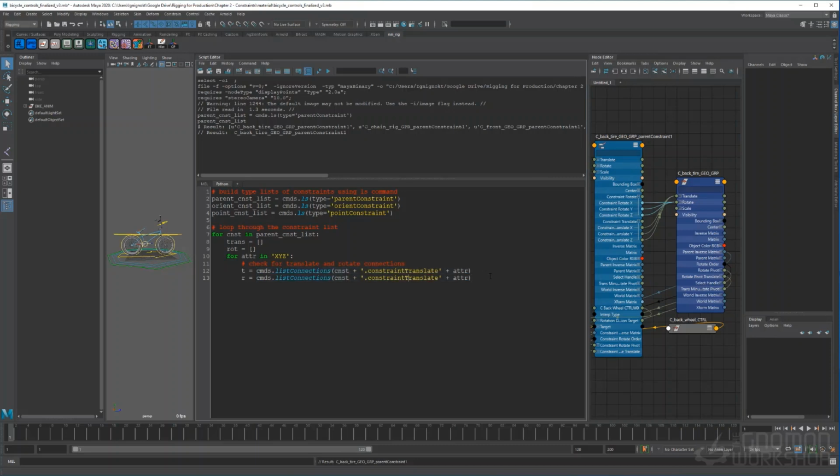I'll go ahead and copy this list connections command so we can check for the constraint rotate connections as well. Then we'll check to see if the list connection variable is an empty list. If it is, that means when we built that constraint, we told it not to connect this specific attribute. So we can append these attributes to a list that we can then use when writing our constraint command's skip